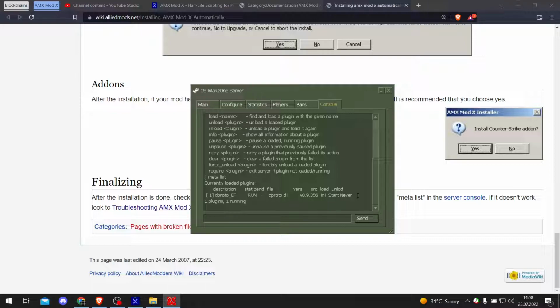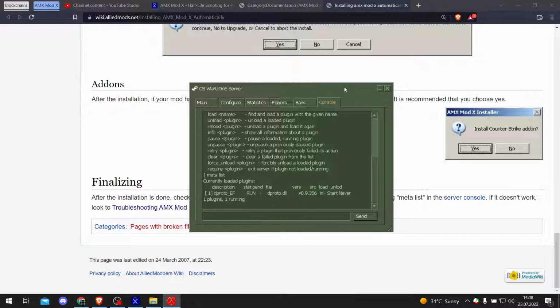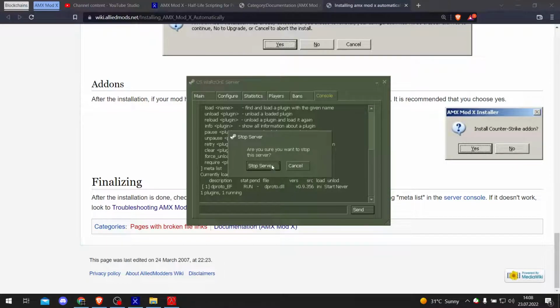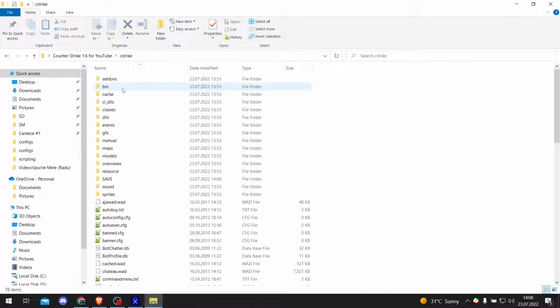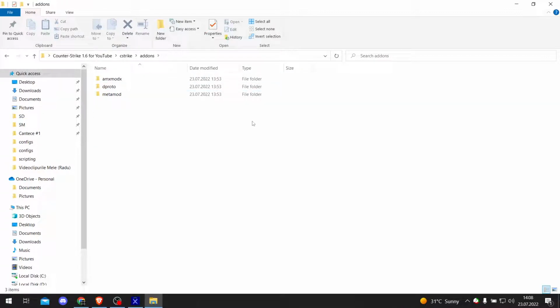And the problem is that we only have dproto. I don't know what dproto is, but I guess it's something for servers. It's not AMX Modix related, and we need to make it related. What we are going to do right now is close the server, and go into the Counter-Strike folder, cstrike more exactly, and into addons, and here you can see that in addons you have dproto, which was checked, and also AMX Modix, which for some reason was not